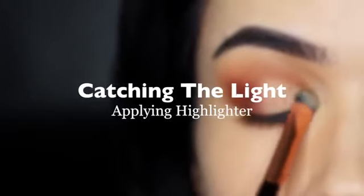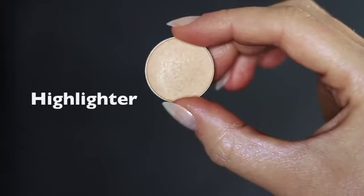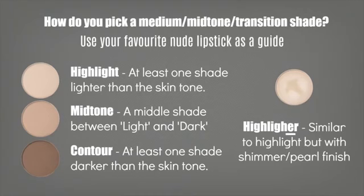Catching the light. Taking that flat brush again, we are now going to take a highlighter. So this is different from the highlight. This is a highlighter. So it's similar to the highlight, but it has like a pearl or a shimmering finish. So what this does is it just